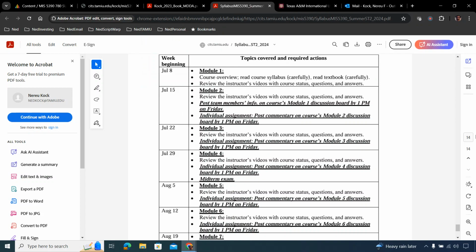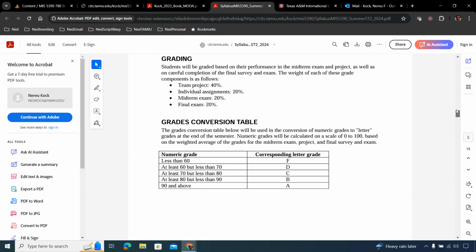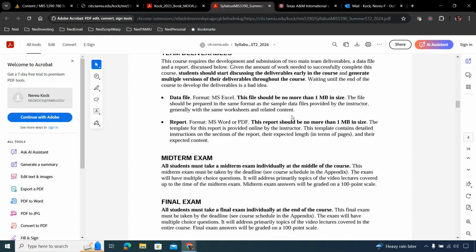So in the syllabus, I have here under deliverables a data file, and the data file should not be more than 1 megabyte in size. So if you have a data file that is too large, you may end up having more than 1 megabyte, and that would not be meeting the requirements of the course, right? So as many as 10,000 records, I think, would still give you that. It depends on the number of columns. But if you have an enormous data set, you have more than 1 megabyte, and that will not be what I'm asking you to do.